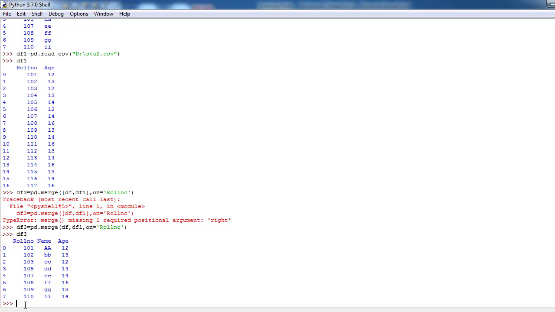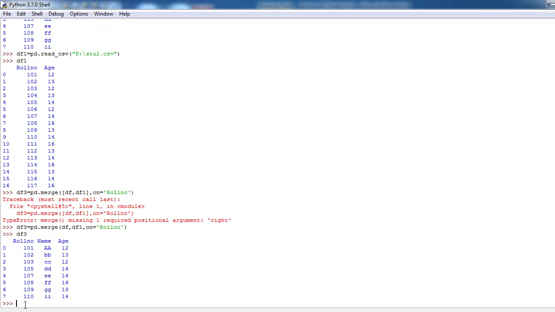We can perform different types of merge available in Pandas. These merge types are common across most database and data-oriented languages like SQL, R, and SAS. We can use inner join, that is inner merge, left merge, right merge, and outer merge.